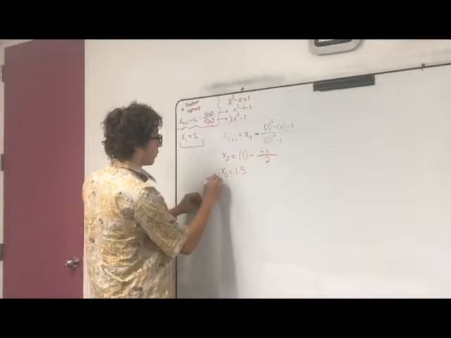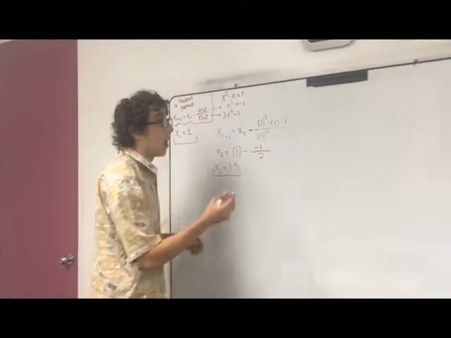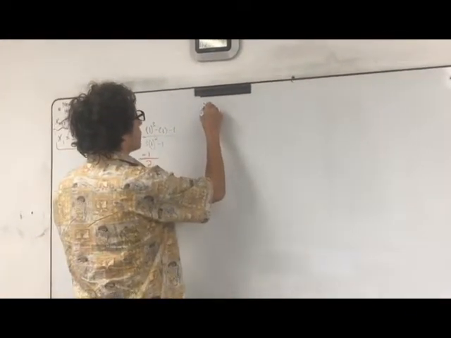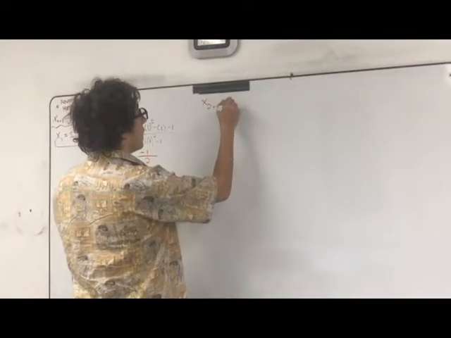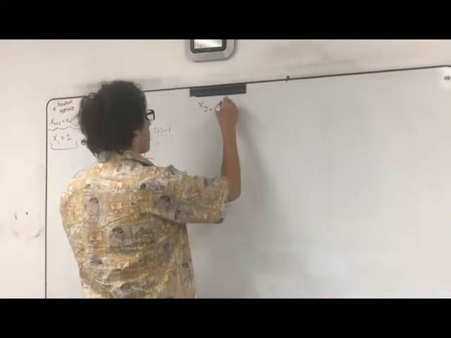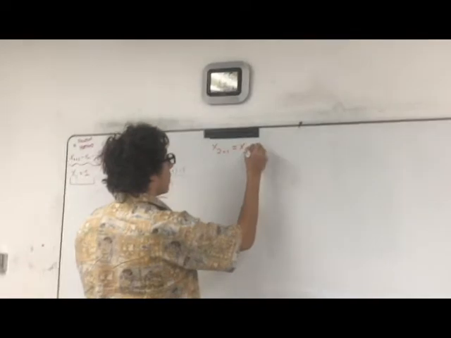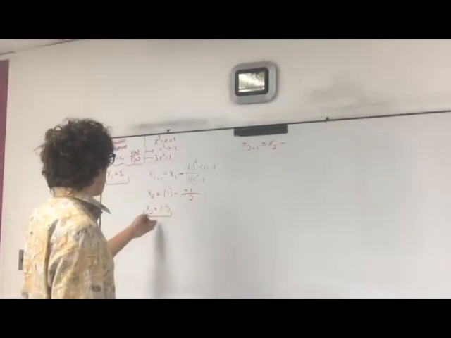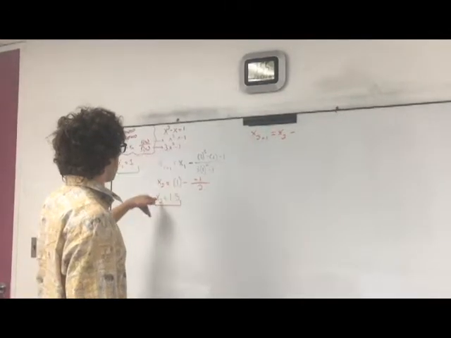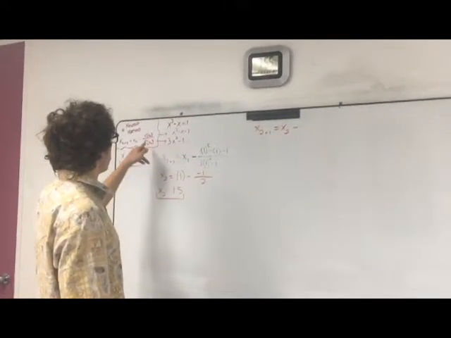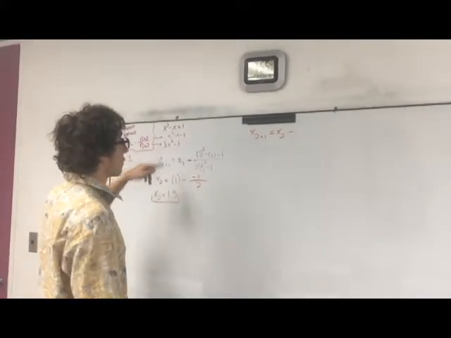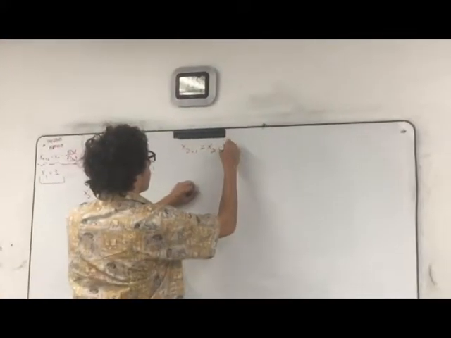So I know x of 2 is equal to 1.5. Now I'm going to solve for x of 3. x of 2 plus 1 equals x of 2 minus, remember, we're dealing with the output. So the output of x of 2 is equal to 1.5. So we're going to put it in the f of x of n and f prime of x of n. So it's going to be 1.5